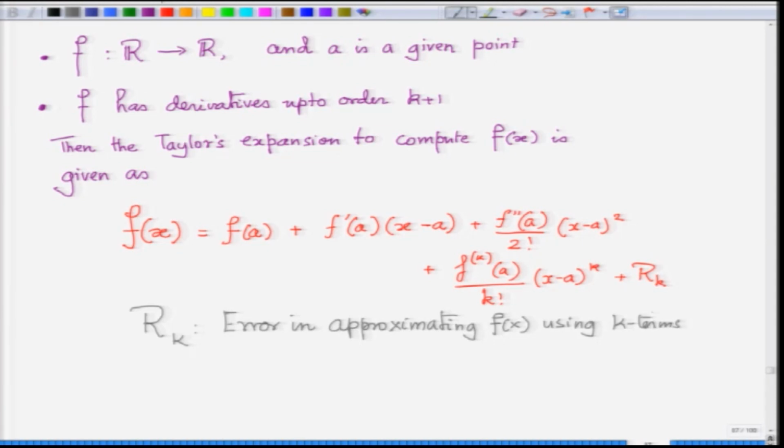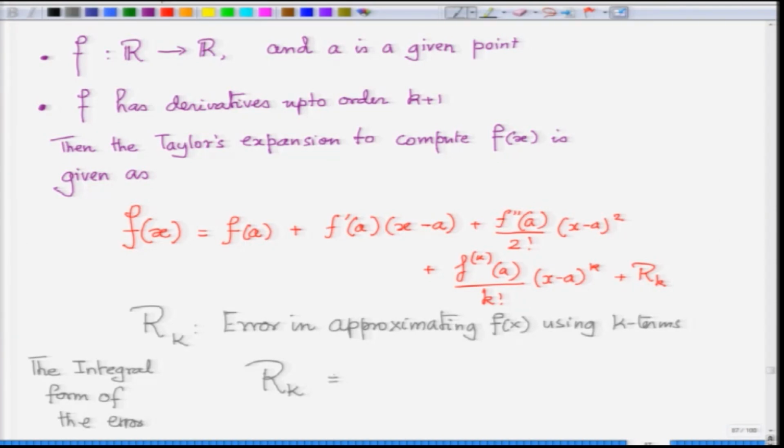So, if I use k terms, there is an approximation of f of x at x, and there is an associated error. So, how is that error given? R_k, the most popular form, was given by Cauchy, the integral form of the remainder. I will always call it the error, though people call it the remainder, because that reflects the error between this approximation and f(x),